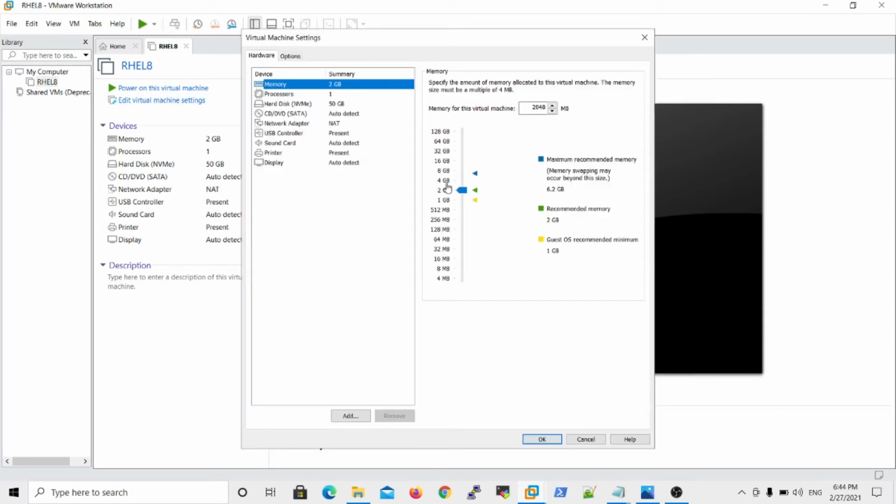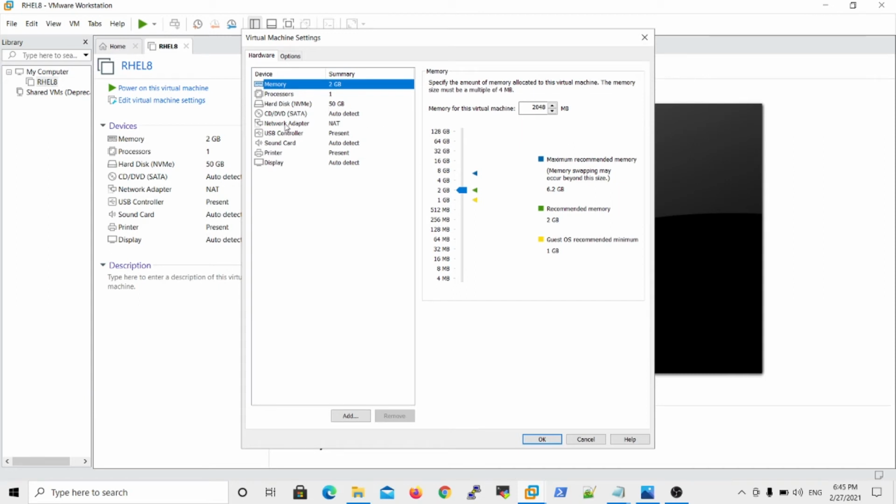So if we want to change the RAM capacity to 8 GB, this RAM capacity should be selected based on your base OS, meaning your physical machine capacity. The minimum installation RAM requirement is 2 GB. If you want to install a Linux operating system, minimum 2 GB is recommended. In case your physical machine runs with 16 GB or 12 GB RAM, then you can choose 4 GB also. But at least you need to specify 2 GB RAM.